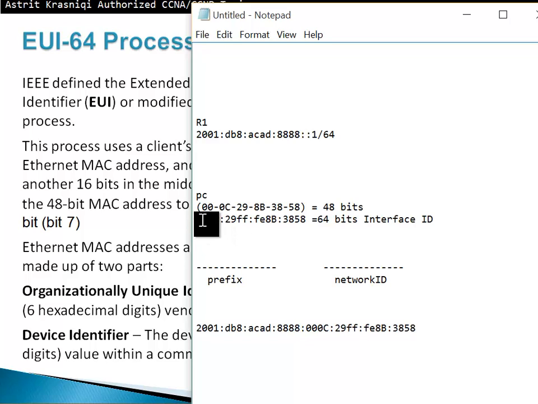So if you convert this first 0, convert that: 1, 2, 3, 4, so that's the first 0 here. Then 5, 6, 7, 8, that's the second 0 here. Now the 7th bit, which is 6, 7, this one will be flipped. If it's 0, it will become 1. If it's 1, it will become 0. So actually, this one will be